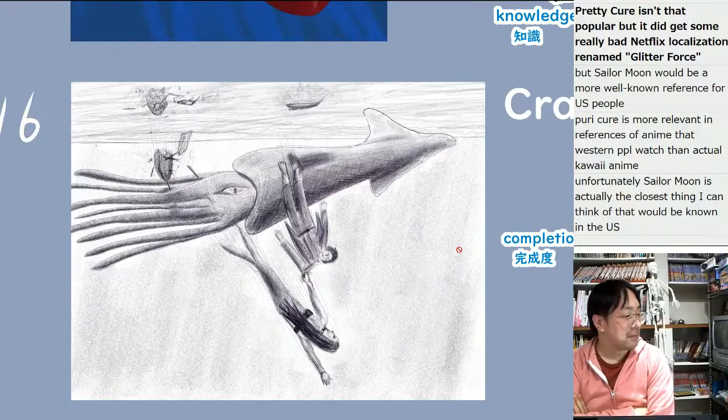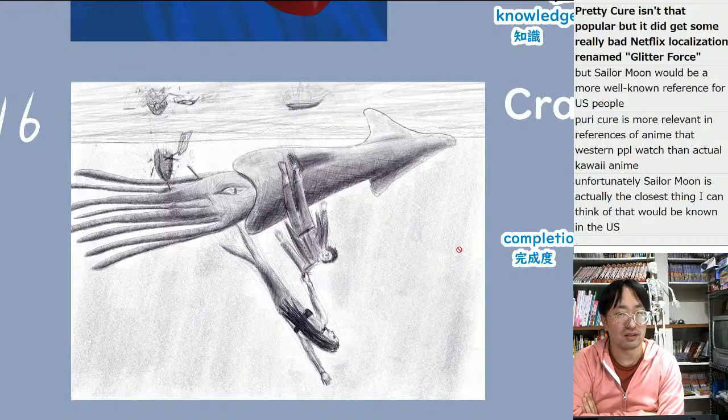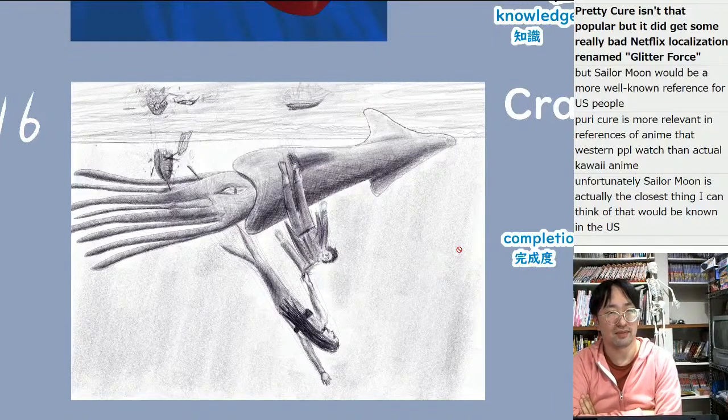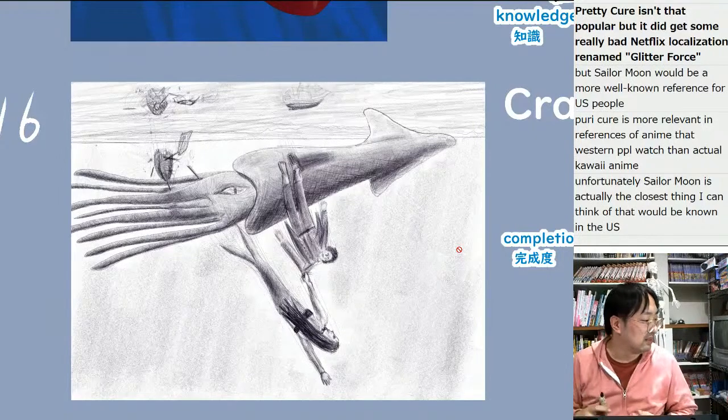I can think of that would be known in the U.S. Right, but Sailor Moons don't have ridiculously ridiculous hairstyle